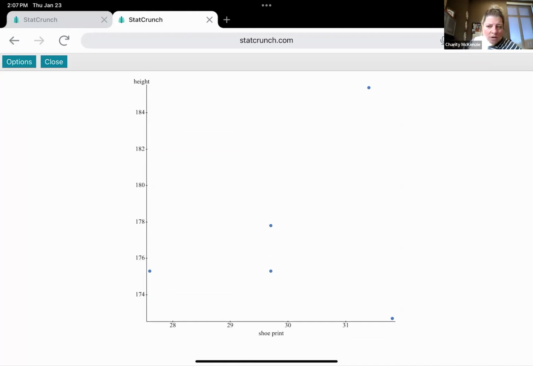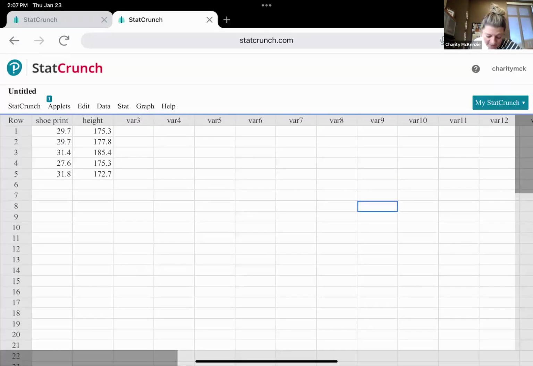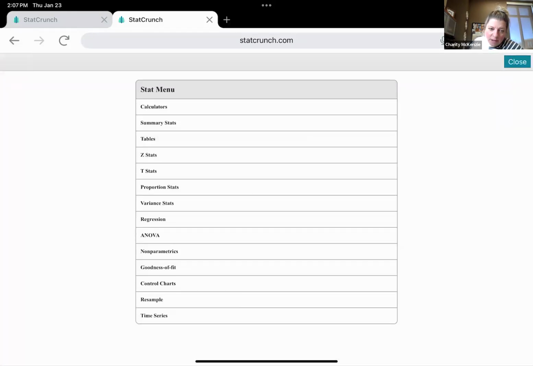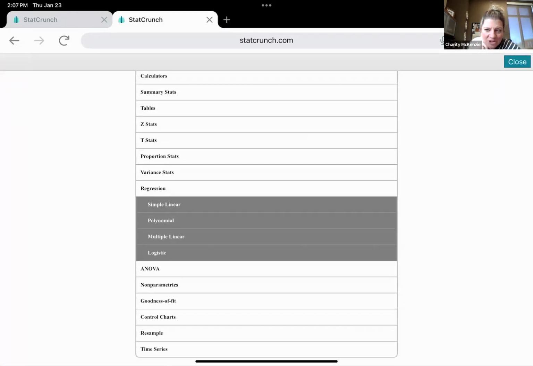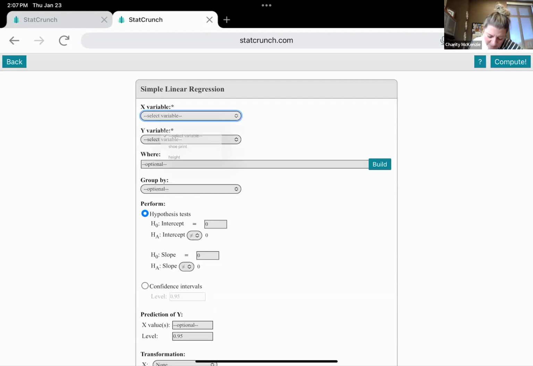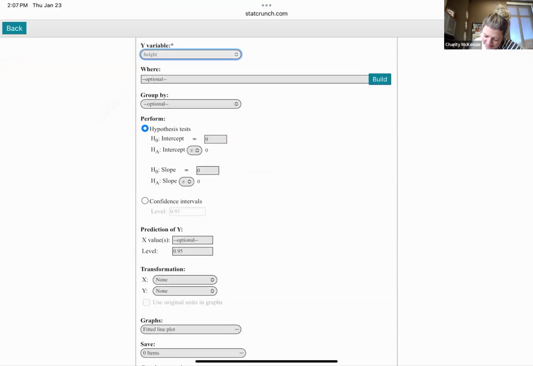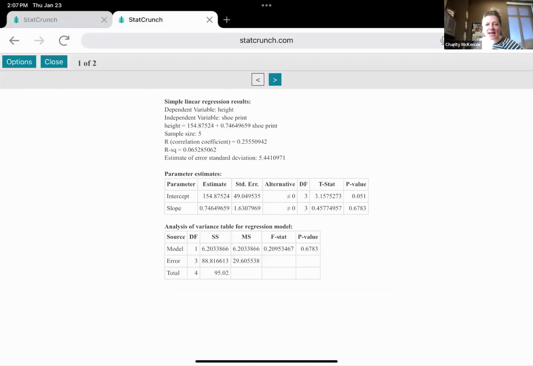Now, what if I want that correlation coefficient that tells me how good of a correlation this is? This is very little data values, but we can go to stat and it's a regression. So see the regression? This is what we're looking at as a regression, right? So simple linear because we're looking at linear, and we can do our shoe and our Y values is our height, and then kind of leave everything else the same, and I'll hit compute. So when I look at this,